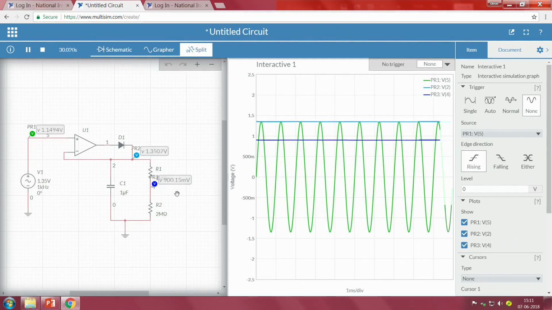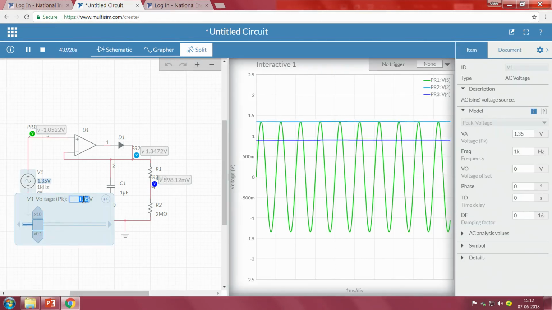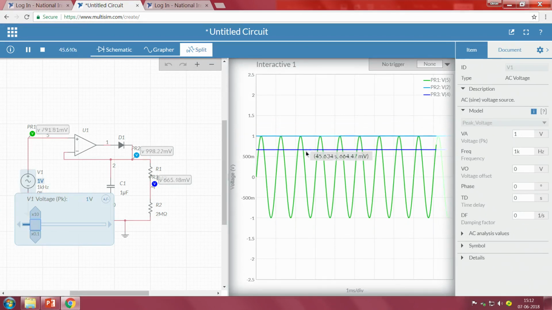That means if the input voltage is 1 volt, the threshold point is somewhere around 0.66 volts, or 660 millivolts. To understand that, let me change the input voltage to 1 volt. Now observe, 664 millivolts, which means it is properly following the threshold point that we set.